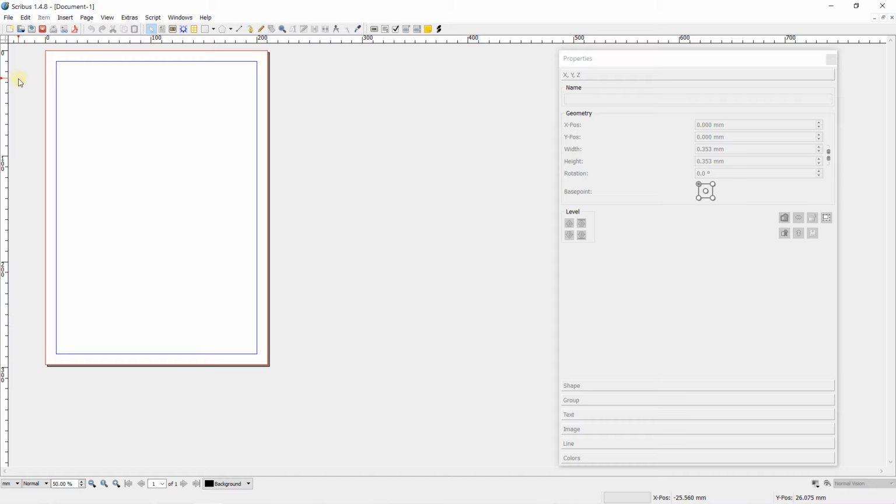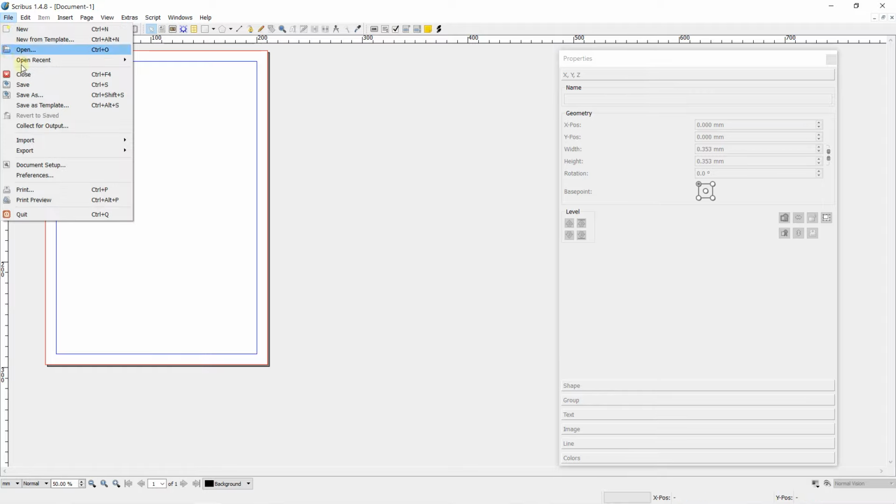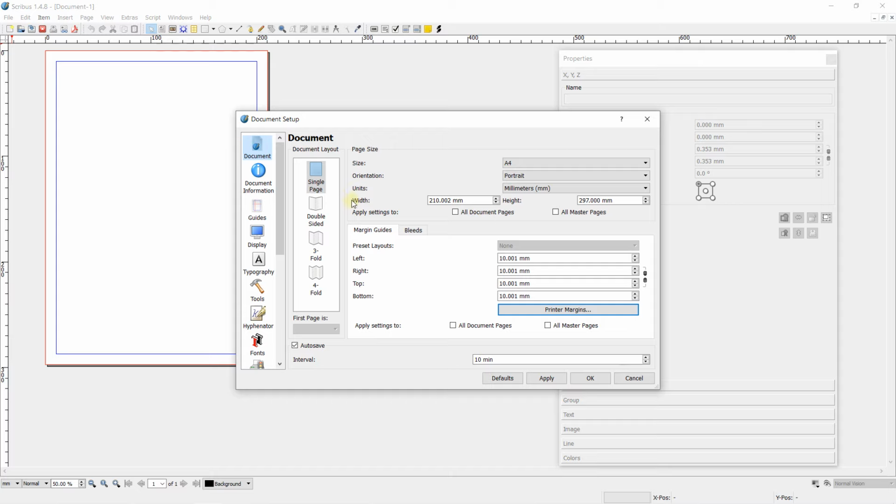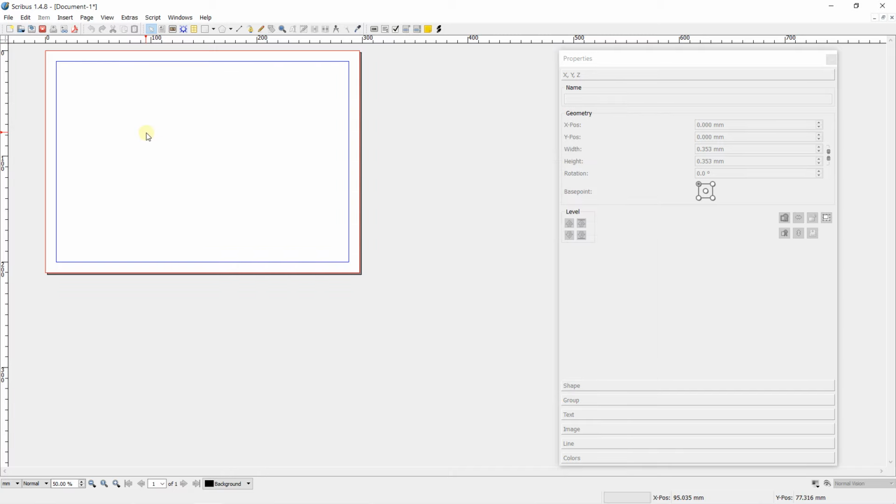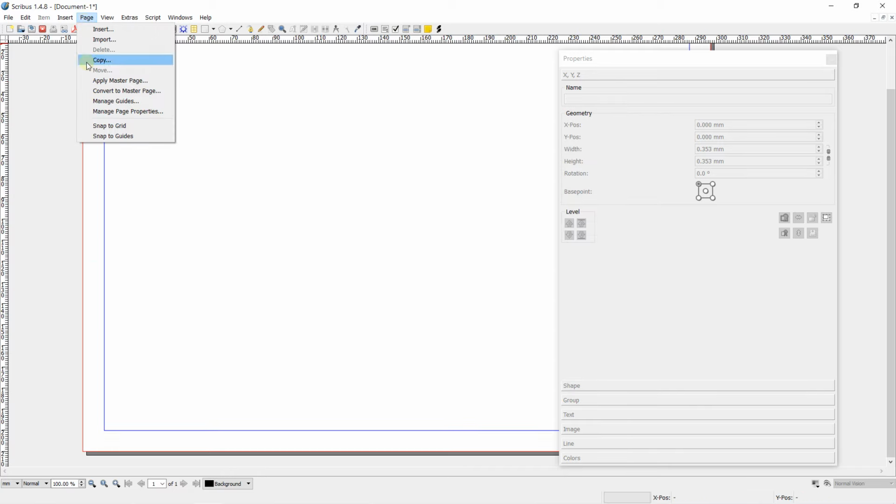So to create a style, the first thing that I'm going to do, I have a page like this. I go on page, document setup, and change portrait for landscape. Click apply on document, and it's okay. Next step, I'm going to activate page, snap to guides.